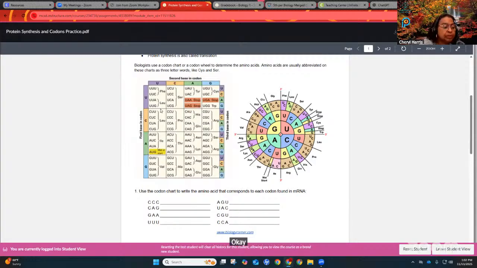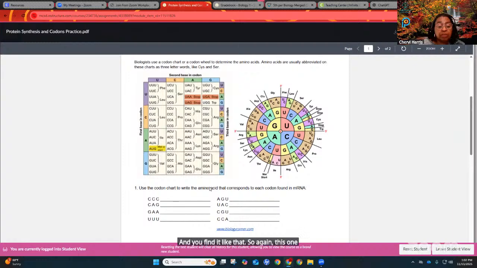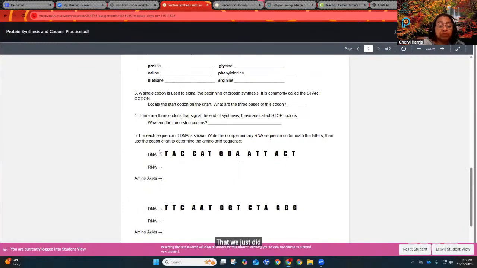Okay? All right, and Jayla, I got ahead of myself with you, but this is how you read the box. Whatever the letters are, you take those 3 at a time. It says first base, second base, third base, and so you go around and you find it like that. So again, this one that we just did for number 5 was TAC. The complement to that is AUG